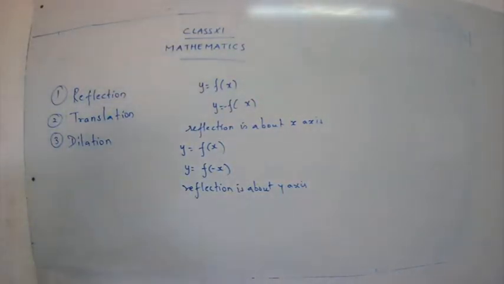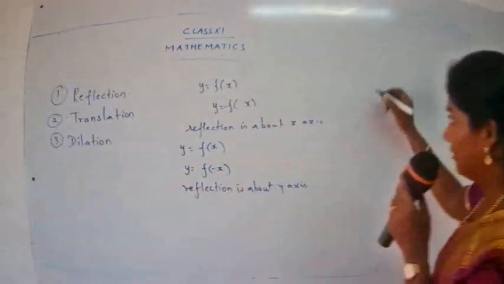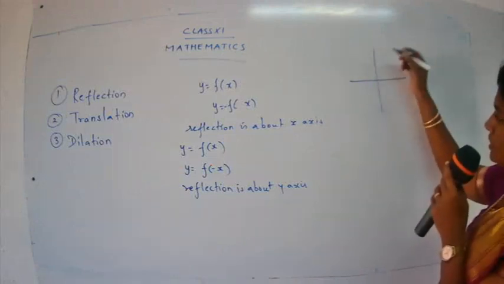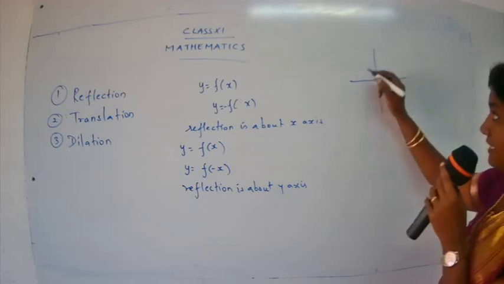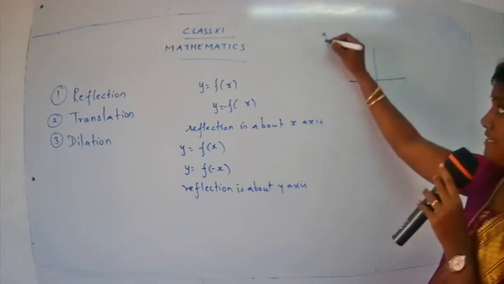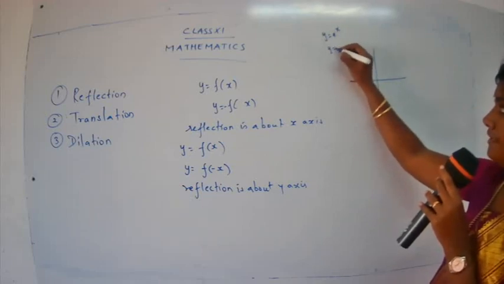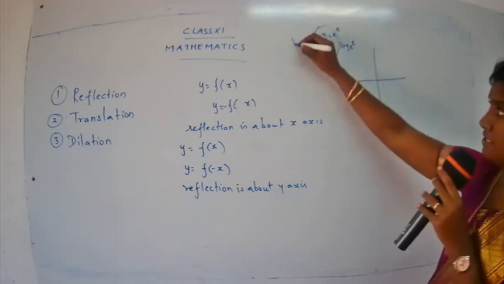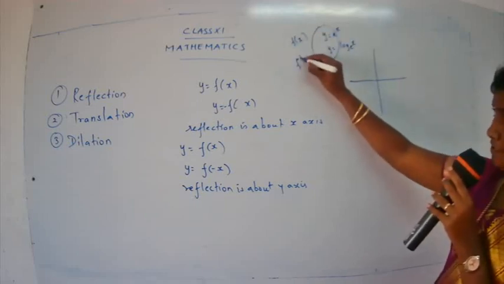and plot the graphs. Okay children, the next one was the inverse function. Suppose you have an inverse function, how are they going to lie? The inverse function will be like the reflection about y is equal to x. Suppose you have a function f of x and f inverse x. We had seen one example yesterday: y is equal to e raised to x, and y is equal to log x to the base e. So these two were inverse functions. If this is the f of x function, the other is the inverse function.